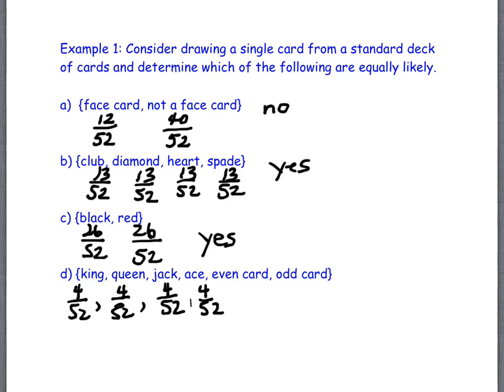And the next one is even card. How many even cards are there? Write it down. How many? 20. There are 20 even cards out of 52, right? How many odd cards are there? Does ace count? No, ace doesn't count as odd. It doesn't have a number value. So there are 16. There are fewer odd cards than there are even cards. 16 out of 52. So are these events, there are 6 events there, equally likely? No. All right, so do we have the idea of how to answer those kind of questions? Okay, great. All right, let's do one that's a little different.